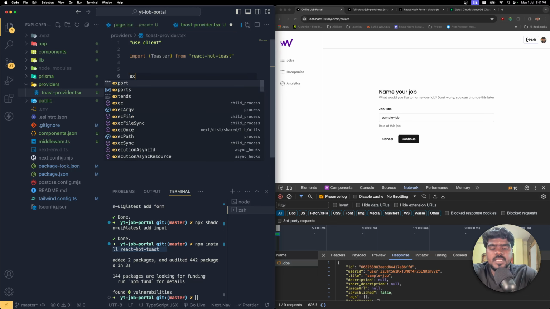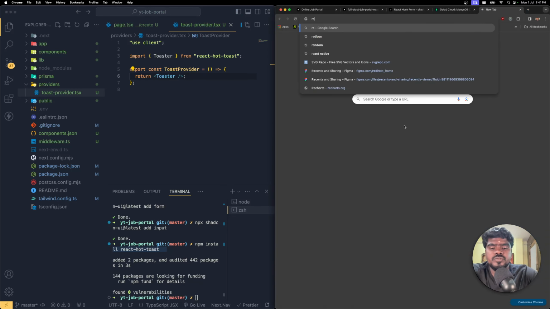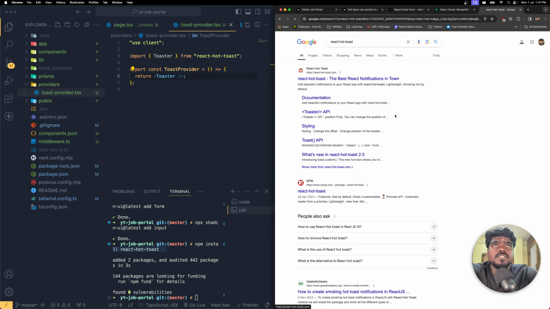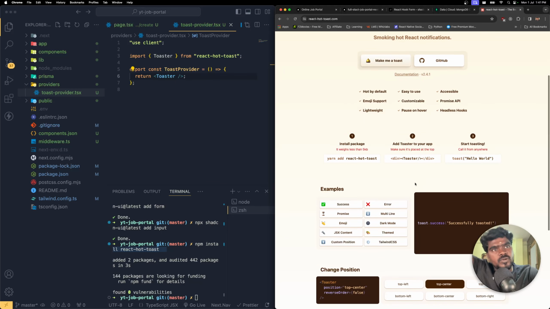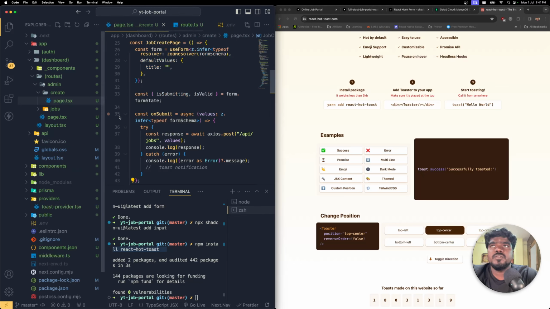Then I'm going to say export const ToastProvider equals to a callback function, which is going to return this Toaster component. So you can make some customizations over here. All you have to do is search for react-hot-toast, and you should be able to see their official website where you can make some configurations, like the position and the reverse order and all those things. In this case, I'm just going to leave it empty and close it,